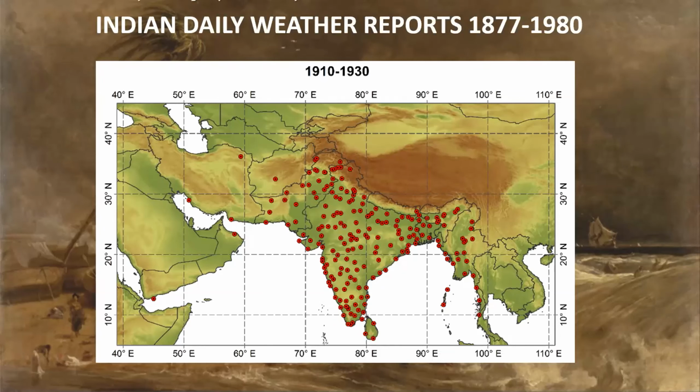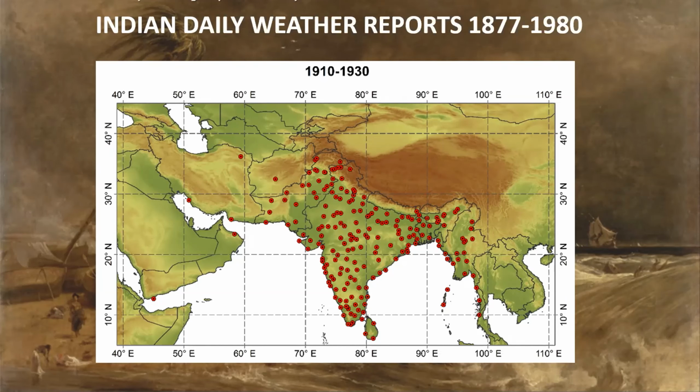And I just put a diagram there that you can see for the period 1910 to 1930 within this lot of reports, just showing you the distribution of stations in that period. Most of it over the subcontinent of India, but you see observations in the present day Pakistan, Afghanistan, Iraq, Iran, some of them like in Muscat, in Oman, Aden, and even, of course, in Burma, now Myanmar, on the far right-hand side, to the east of India. So this information is very valuable.